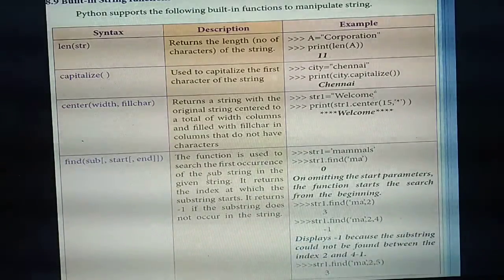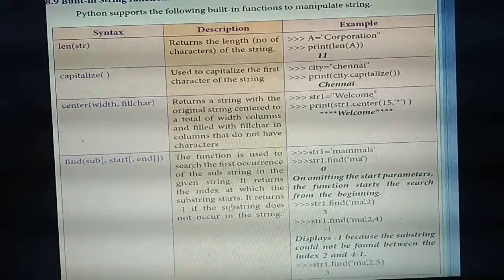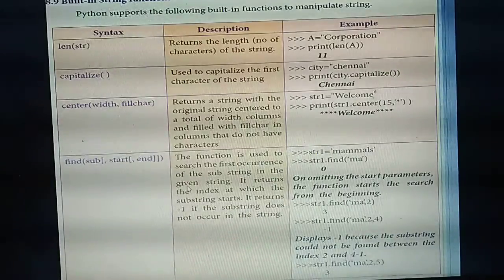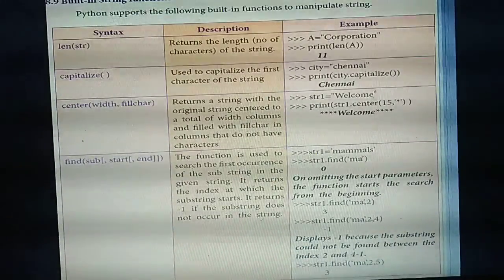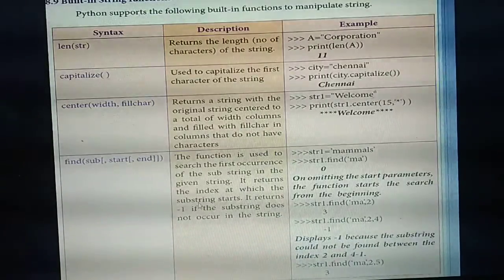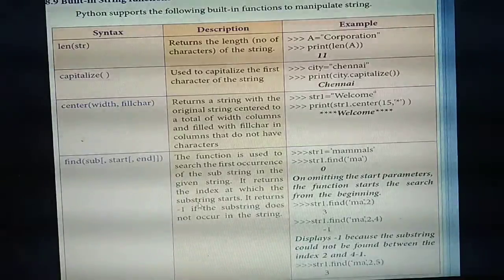That means you are going to find the substring's first occurrence, where the substring first starts. So it will return the index from where the substring starts. If the substring does not exist, it will return the index value as -1. Always it will take the last index value n-1.